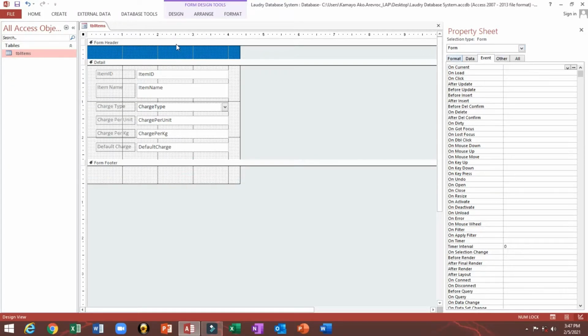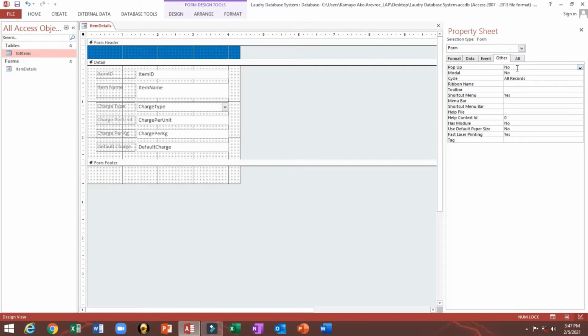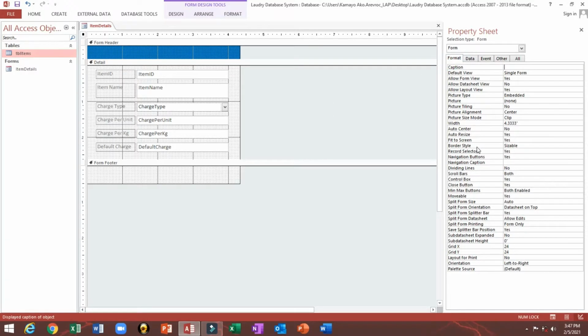Okay, I will save this one. Item details. Then here pop up to yes, and here I will choose dialog, then record selector no, navigation no,